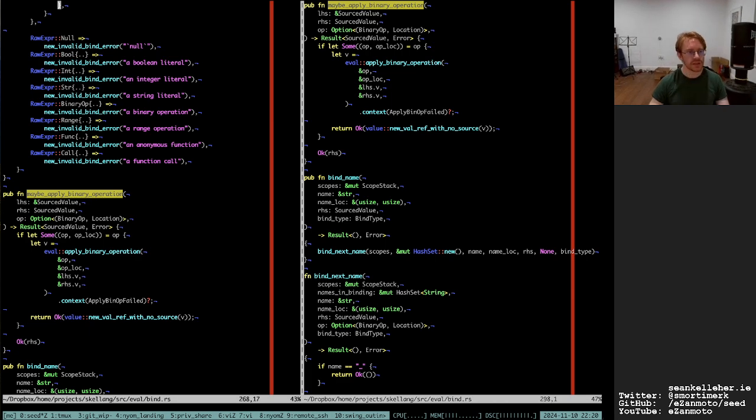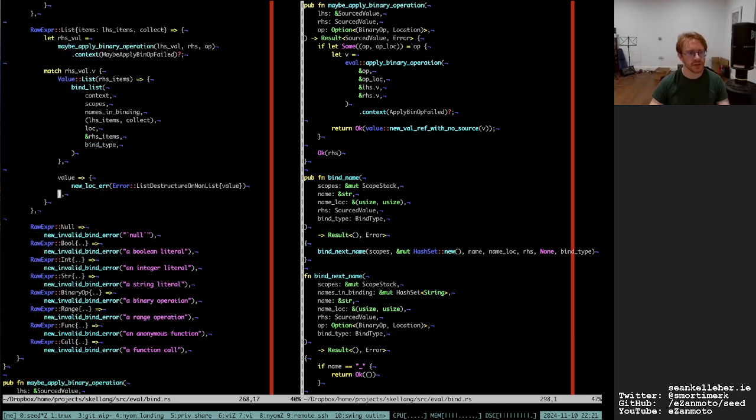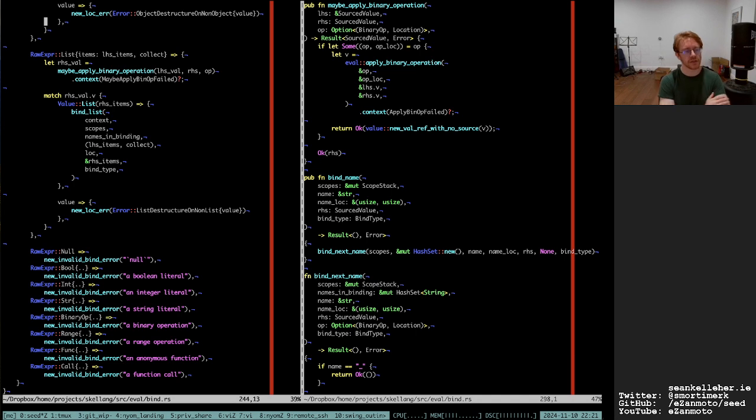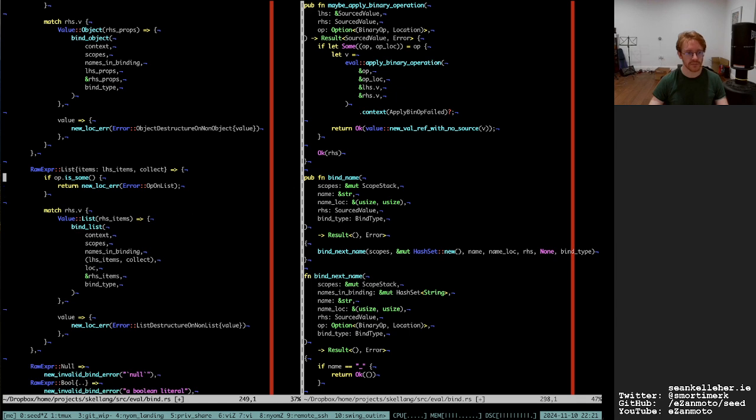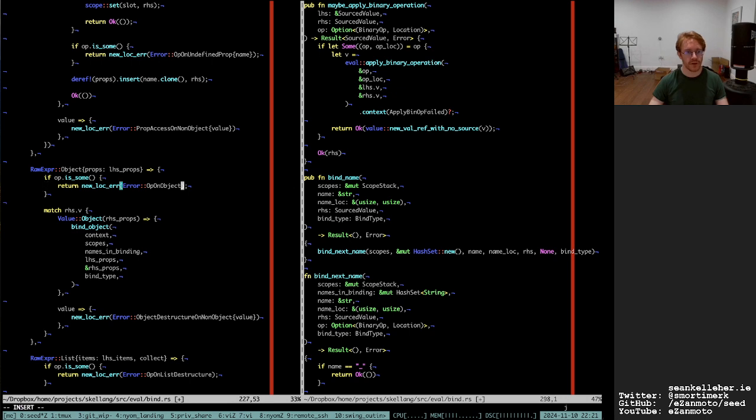So now this is kind of tricky. So we've got this is not applying the operation to a list, it's applying it to a list destructuring. And the same,